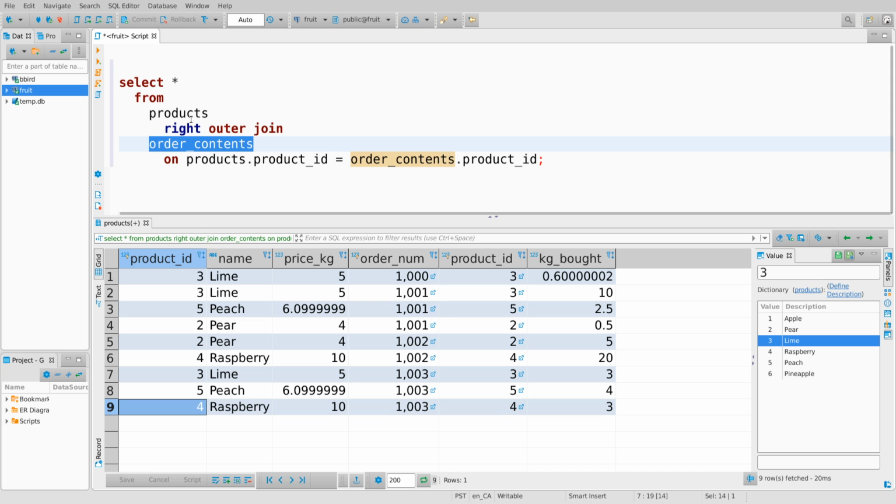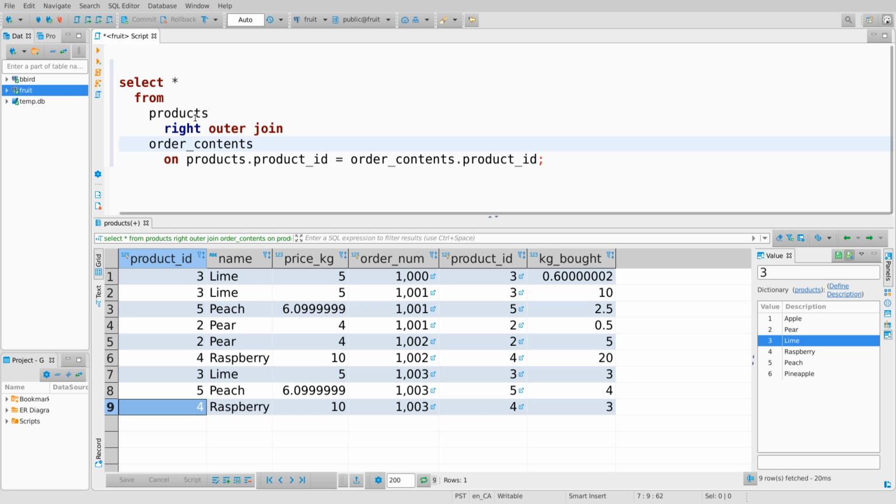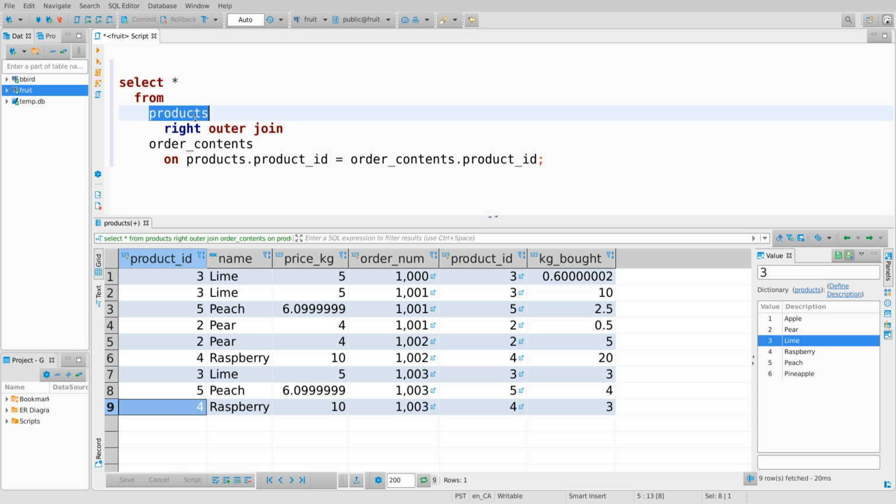And you can see that there is no longer a row for pineapple or apple. They don't appear in the order contents table at all, but the right outer join only adds the placeholder rows for things that appear in the right-hand table, but not the left-hand table. And it turns out in this data set, actually, that every order does contain at least one product,